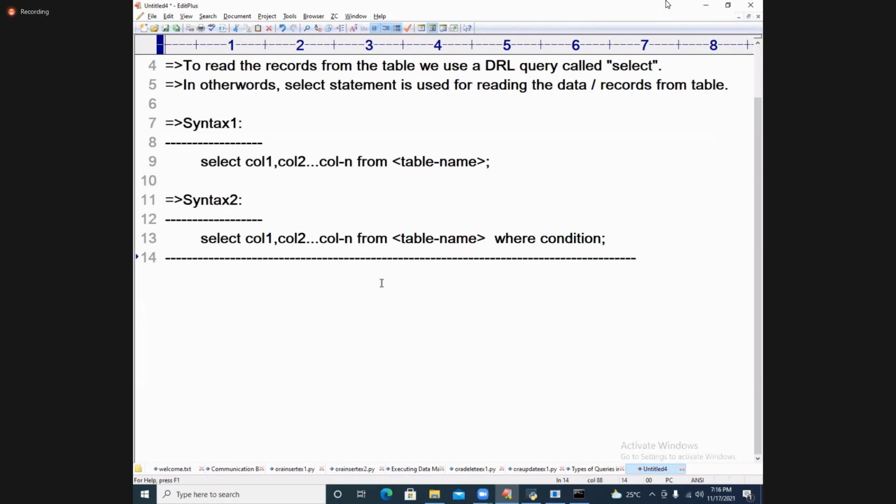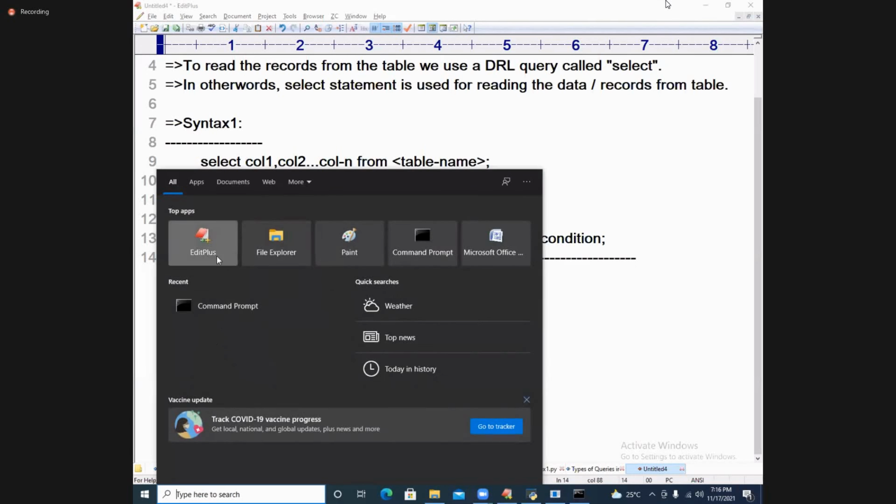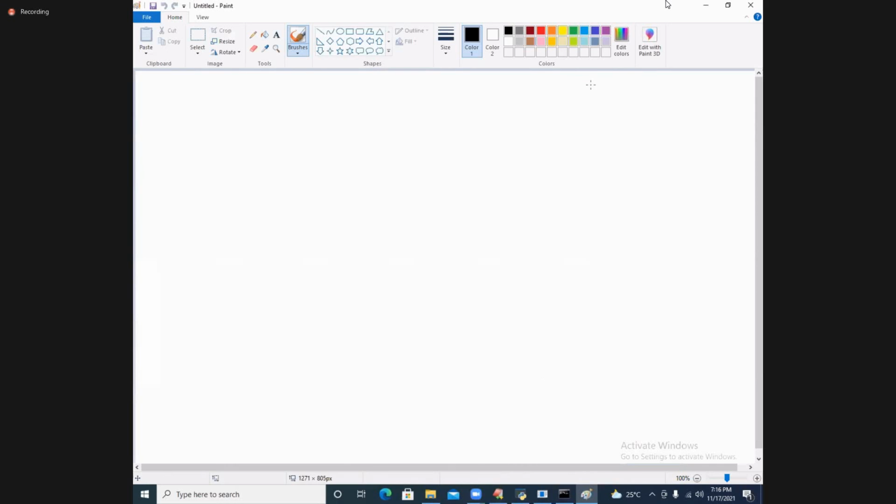Once we retrieve the records, I want to tell you, let me take an example here. Go to Paint. Careful. Getting the connection, everything is the same.